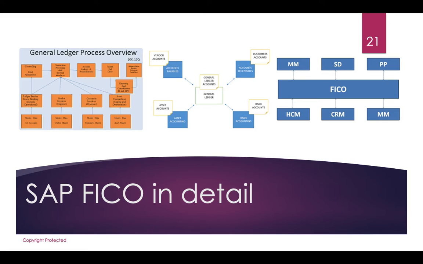As long as we are not paying, we are actually carrying some kind of debt from that vendor, because we have taken the material but the money is still with us. So therefore, account payable is directly connected to the vendor accounts. Similarly, there is another function which is called account receivable.